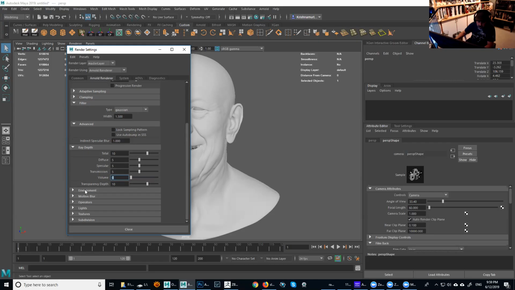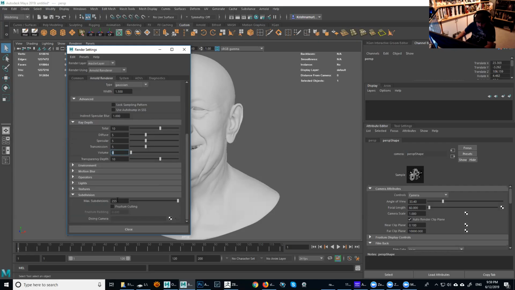But the default should give me enough depth to render everything. This one here I don't change because it assumes how many subdivisions it's going to do when you put this in the attributes of the object. So if I set 4 subdivisions, the micro subdivision is not going to go as far as 255.